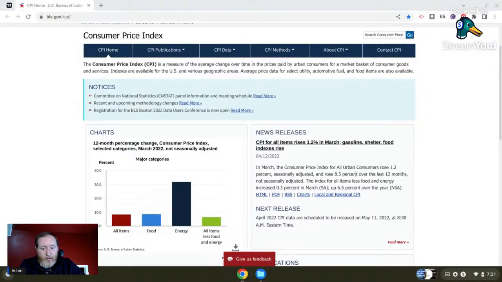So if we got 8.5% in March, and that's right here on the screen, it rose 8.5%, and that's an annualized percentage rate. It's definitely, I believe, going to go higher than 8.5%. I don't know, 9%, but